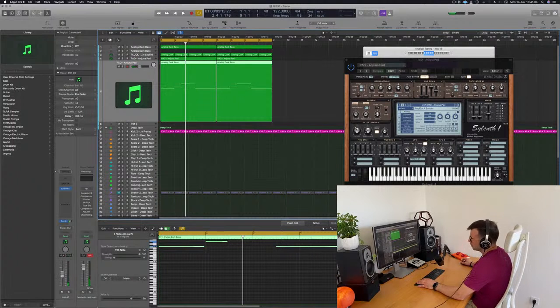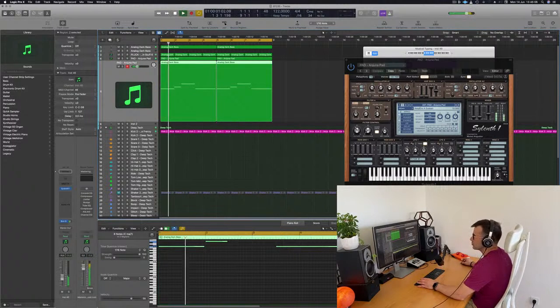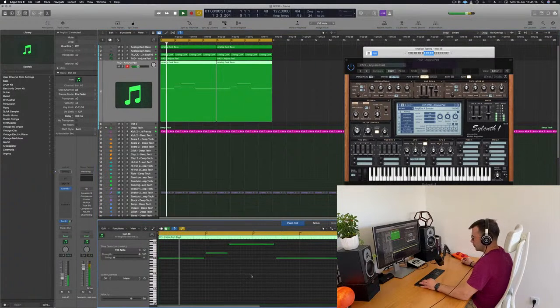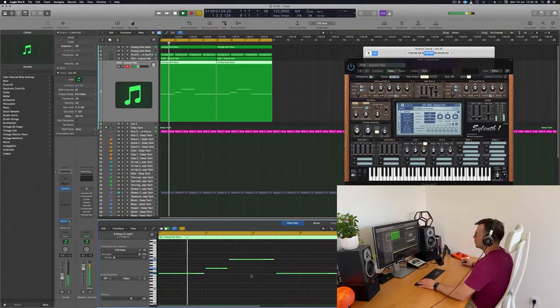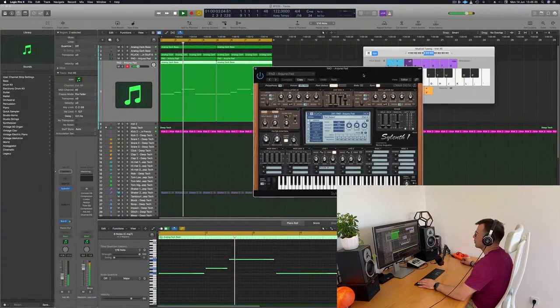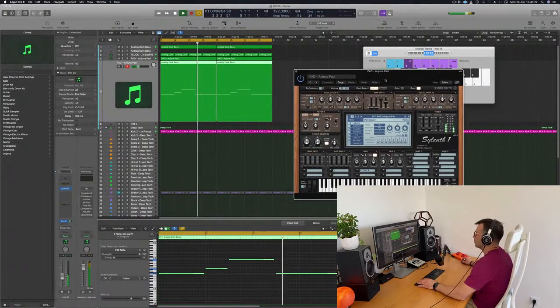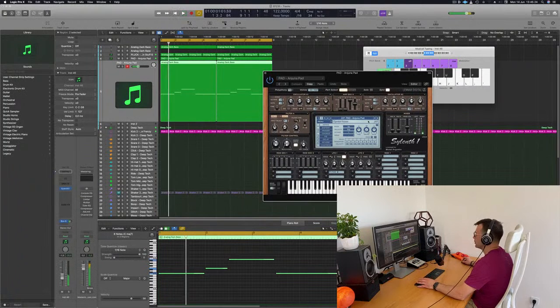Maybe it's going to work, maybe not. Maybe it's a bit too high. Oh, this is nice. You don't really hear it so much, so you can also pick another pad.